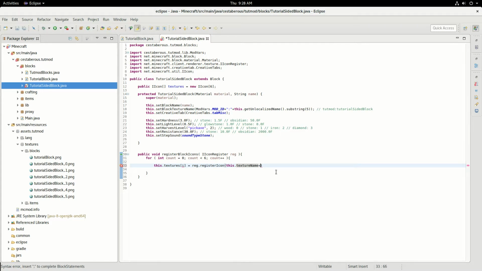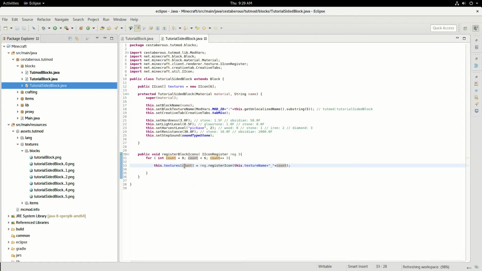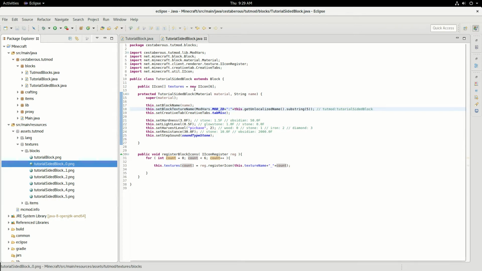So we're going to concatenate the underscore and then the integer count. Count is going to repeat 0 through 5. And so for each of those, 0, 1, 2, 3, 4, 5, we're going to go and set textures slot 0. Well, we're going to go find the texture tutorial sided block underscore 0. So it's going to come find this texture, and it's going to register it in our array, our interface of